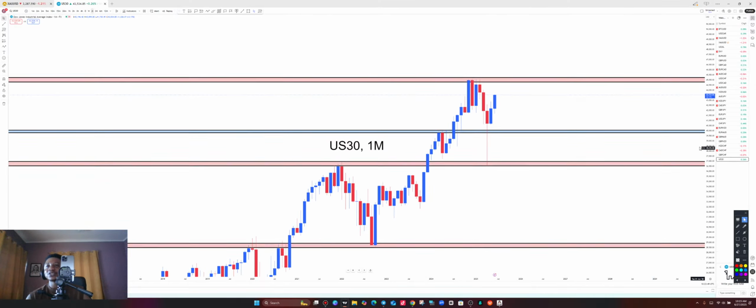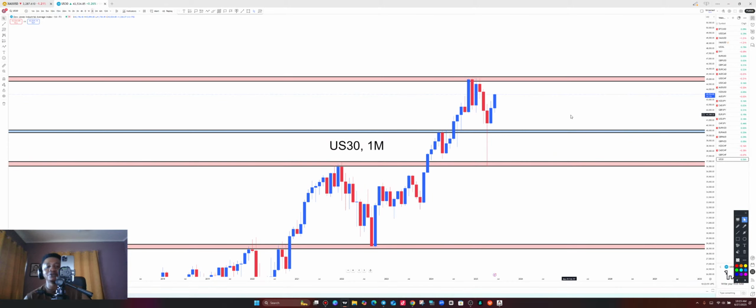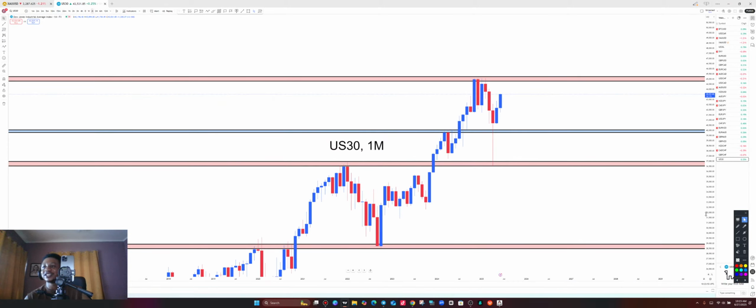All right, so this is US 30 on the monthly time frame. Let's put meaning into it. On the monthly time frame, we have the monthly mid-range zone over here. What has happened on the monthly? We can see a higher high, a higher low, a higher high again, another higher low. Price is moving all the way to the upside. So on the monthly, price is also telling us that we are going all the way to the upside. Simple as that.